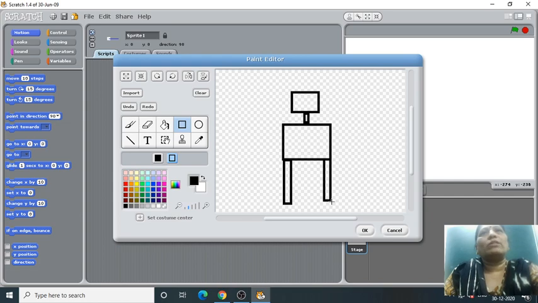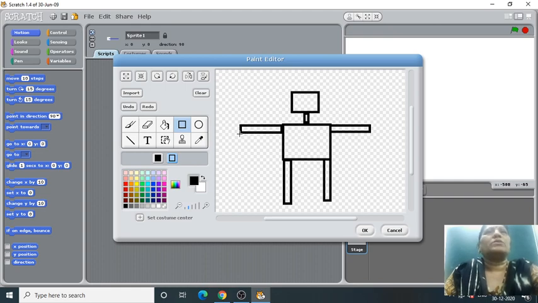Both legs should be the same. Then for the hands, these hands I drew. The length of both hands should be approximately the same.